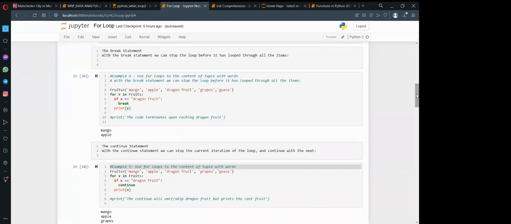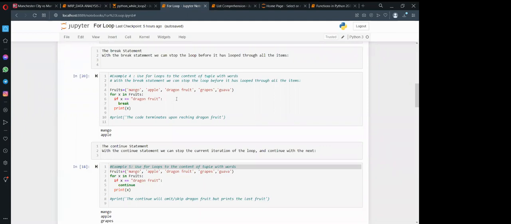If you want to use break, you have to introduce the if statement. So look at this. If X is equal to, so you put those double equal signs, dragon fruit, then you break. If it reaches that part of dragon fruit, you'll see that it will only display the first two fruits.